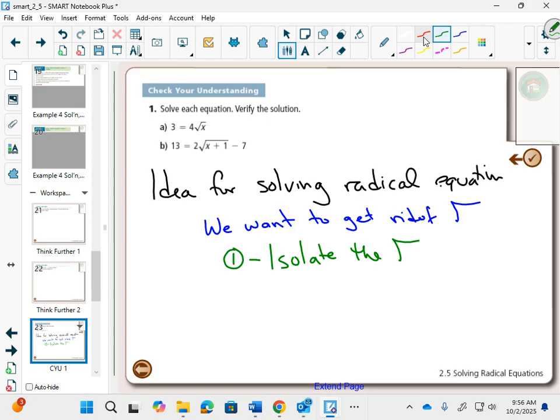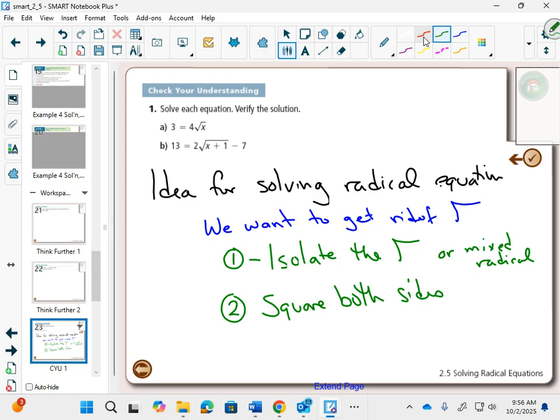So I'm going to say first, we want to isolate that square root or the mixed radical. Then second, once you've done that, you need to square both sides. And something that you've never had to do with solving equations before, but you're going to need to do it now,